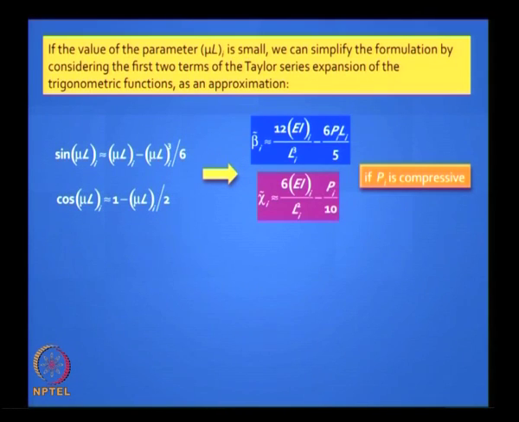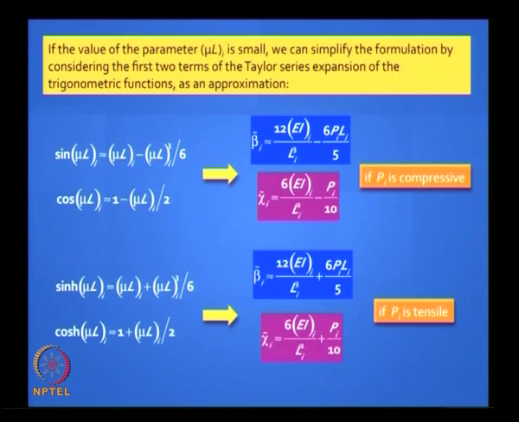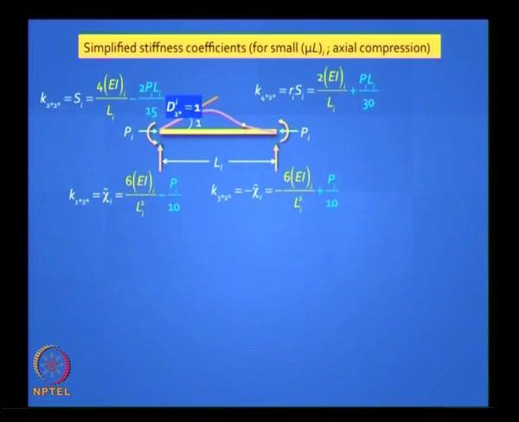You do not have any more sine and cos, and if you have the hyperbolic functions, then it takes this form. Okay. Now one way to understand this, and it's a simpler way rather than remembering these expressions, is to interpret them physically. So I have shown here in this figure the standard force stiffness values for a beam element. The standard coefficients are shown in yellow color.